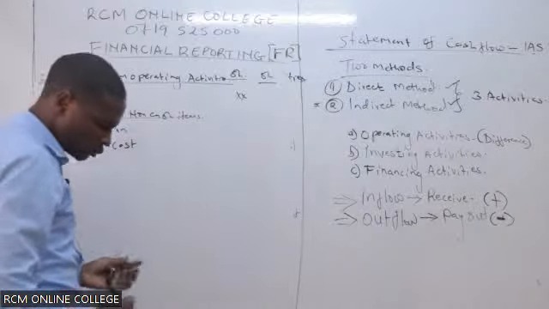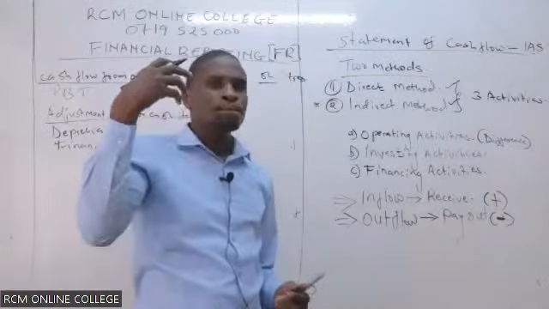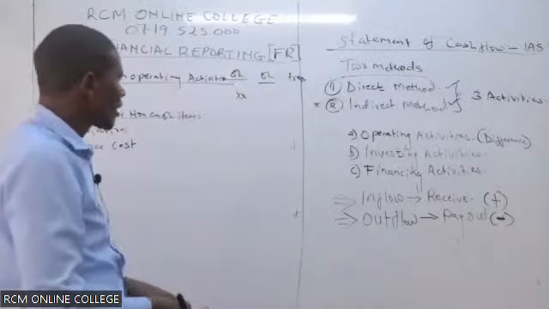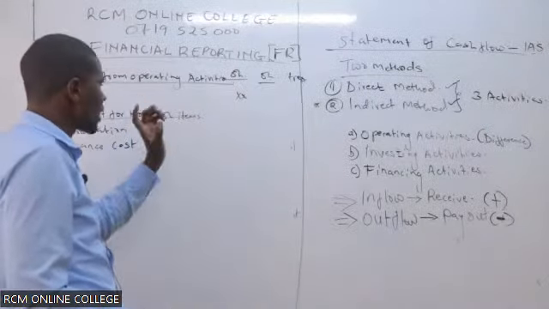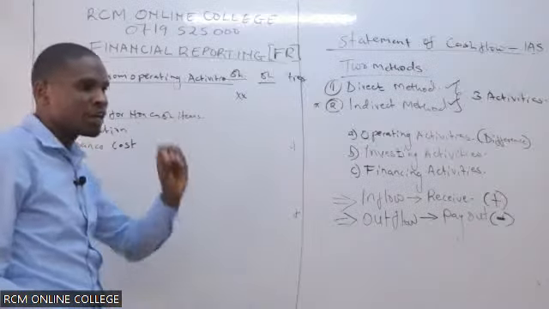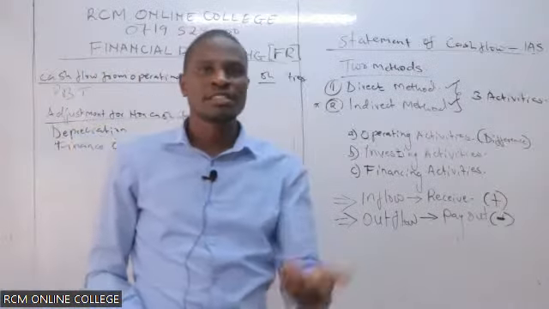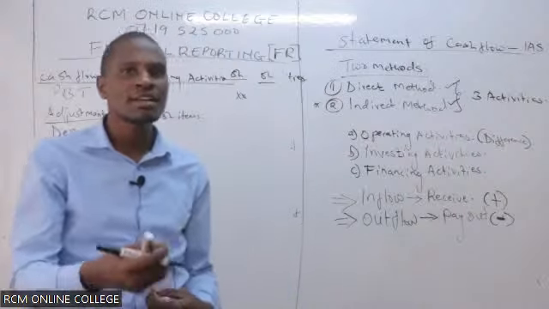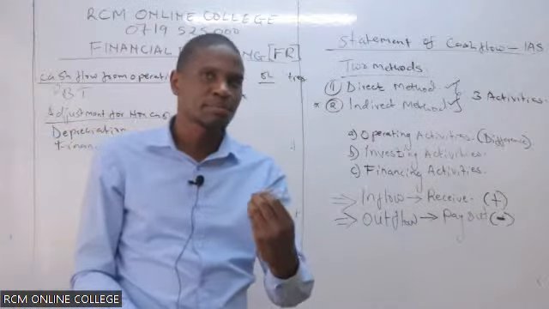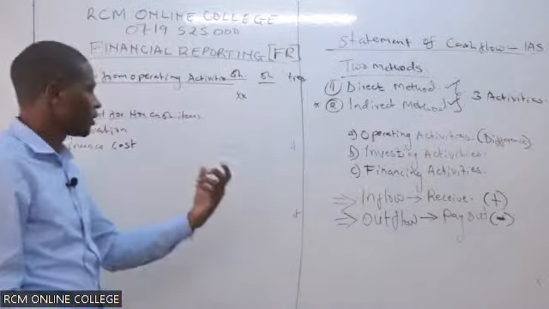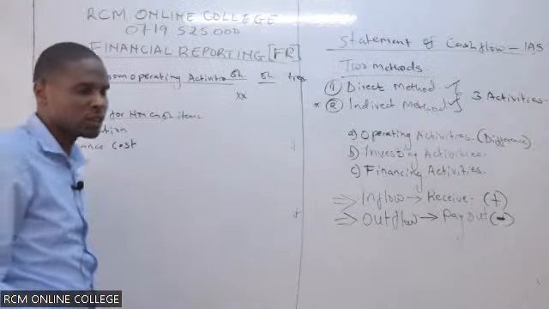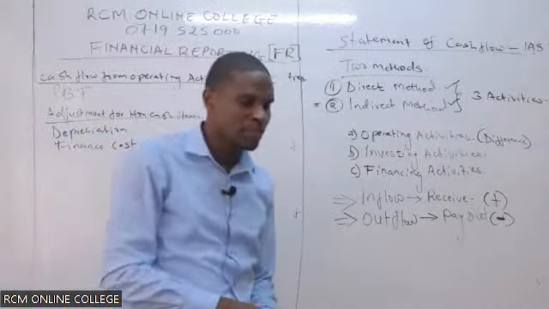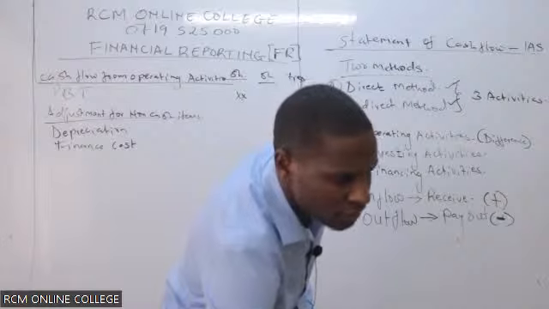But I want you to tell me, in the income statement, what happened to depreciation? Is it added or is it subtracted? Or is it treated as an income or an expense in the income statement? How do we treat depreciation? Somebody to answer me that. I'd like to see your chart.